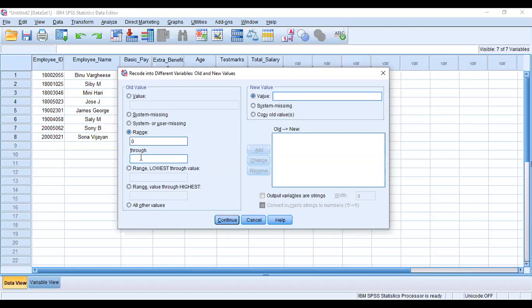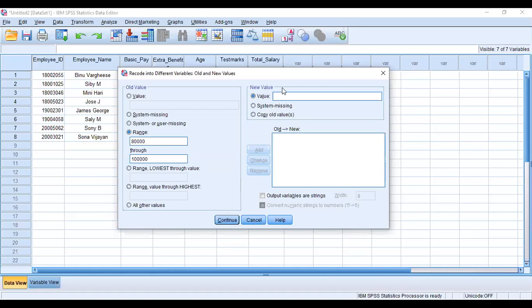So we are categorizing it as five categories, five ranges. That is 0 to 20,000, 20,000 to 40,000, 40,000 to 60,000, 60,000 to 80,000, and 80,000 to 1 lakh.